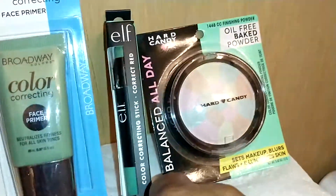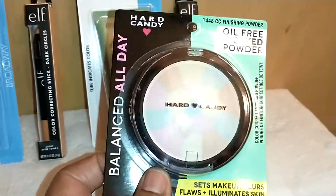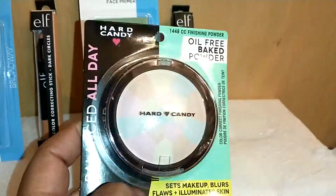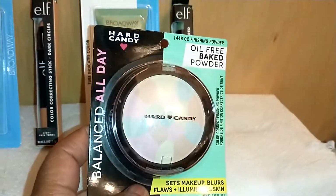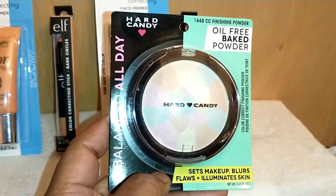As well as I found this, and they had Hard Candy. I did a Hard Candy haul back, I think, in October, November. So I don't know if this is leftover, but they had a ton of it, and this is all I've seen of Hard Candy. Is this Balance All Day